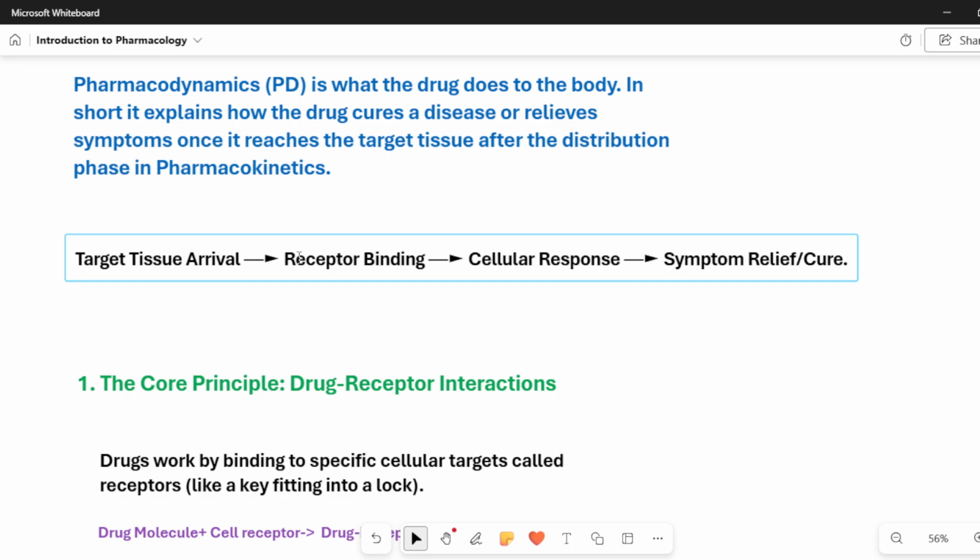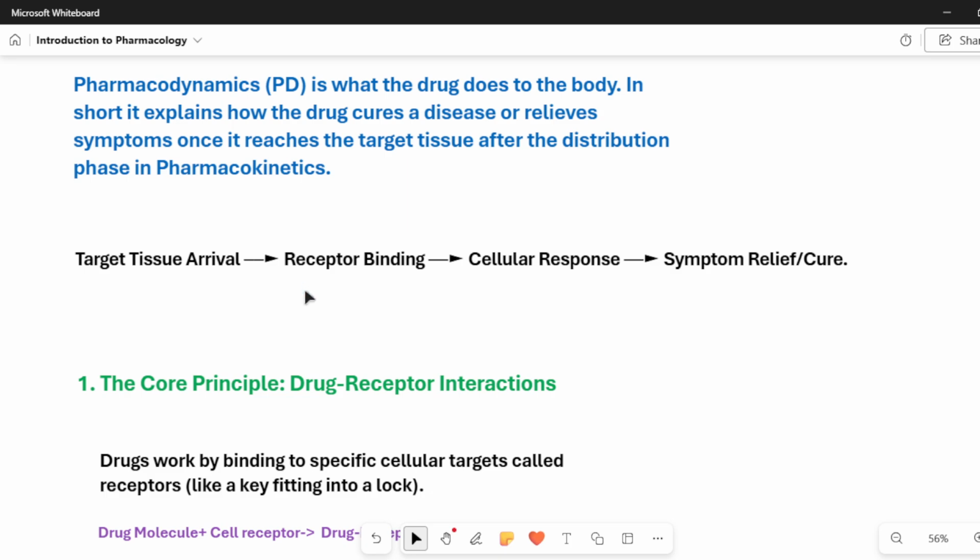Then comes the receptor binding. Whenever any chemical enters our body, if it has to act on our body, it has to have some target where it can attach itself so that it can do what it needs to do. So that is your receptor binding.